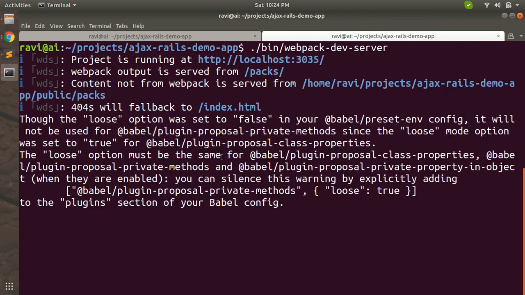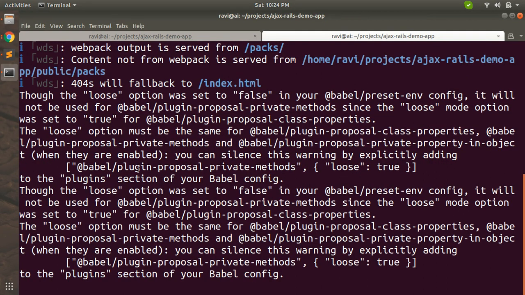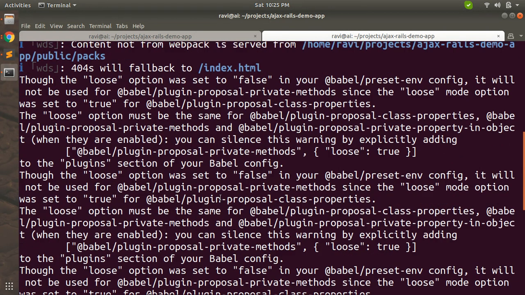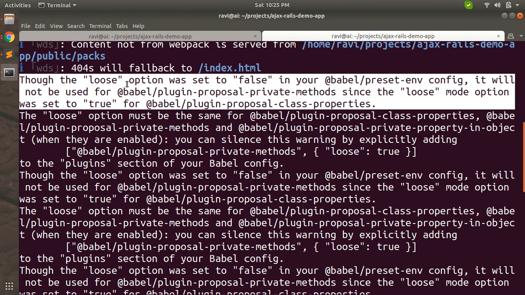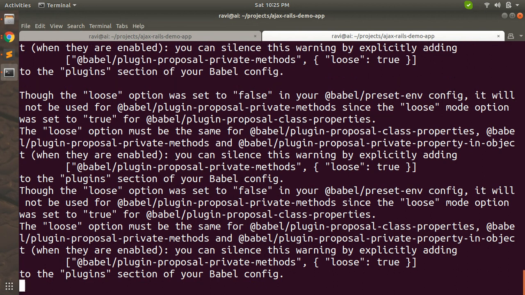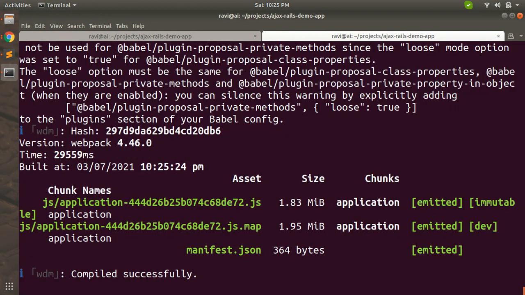Now you can see that it has started our Webpack server, and it will start serving our assets. I'm getting some warning here. Maybe this depends on your system configuration, so you may not see this. Now you can see that application.js and its manifest.json are served here.